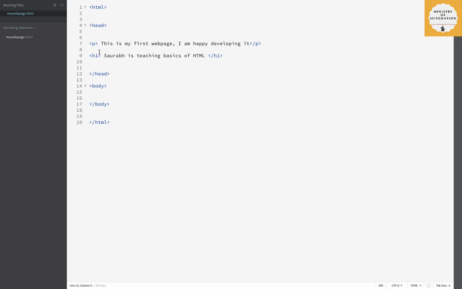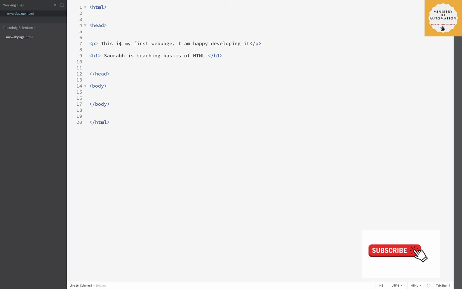But in simple language, whatever content you are wrapping with the type of tags, the browser will display this data based on the type of tags you are wrapping with. So just understand that this is the wrapper and this is the chocolate. Whatever chocolate you have, based on that you will use the wrapper, right?